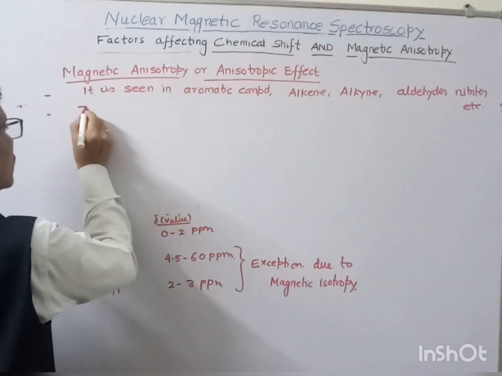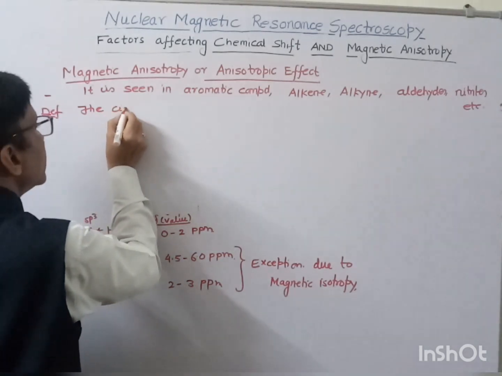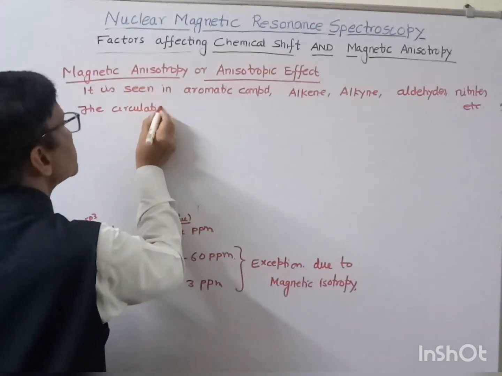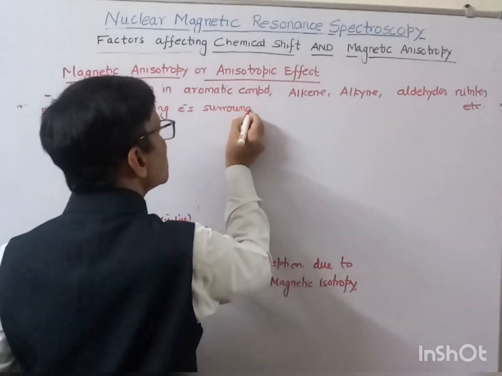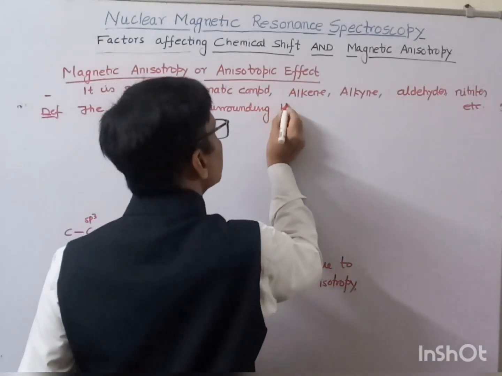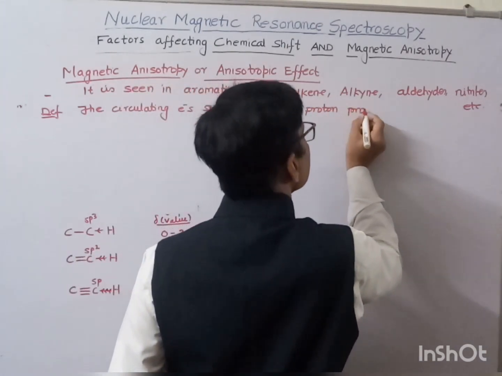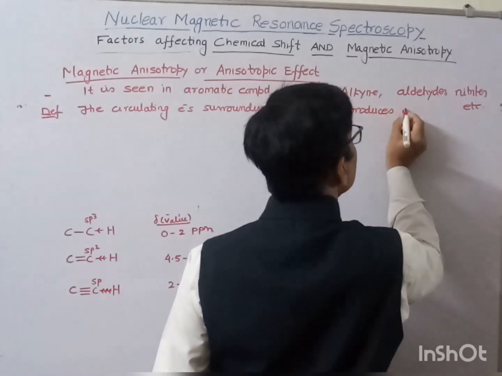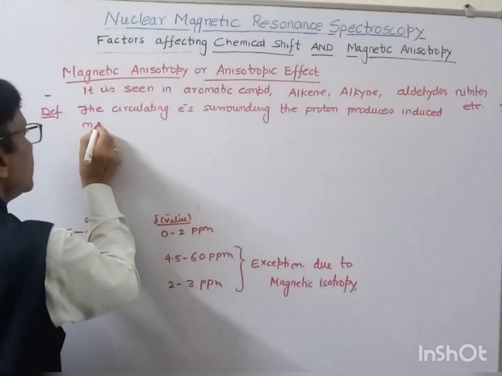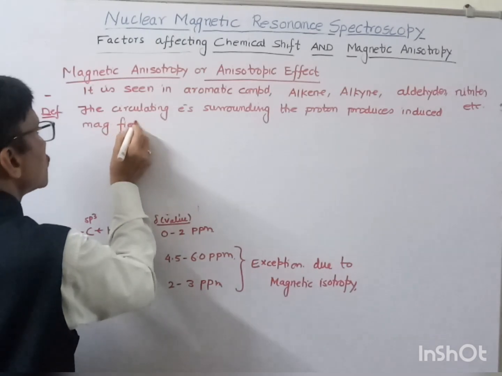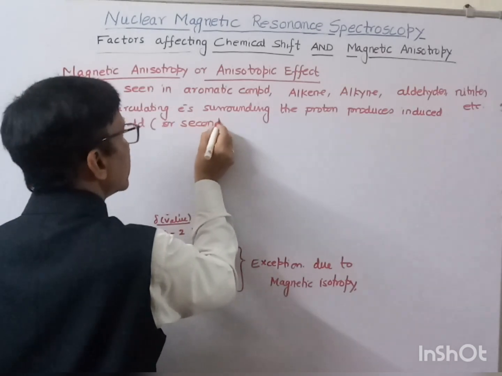The definition: the circulating electron surrounding the proton produces an induced magnetic field, which is also called the secondary magnetic field,